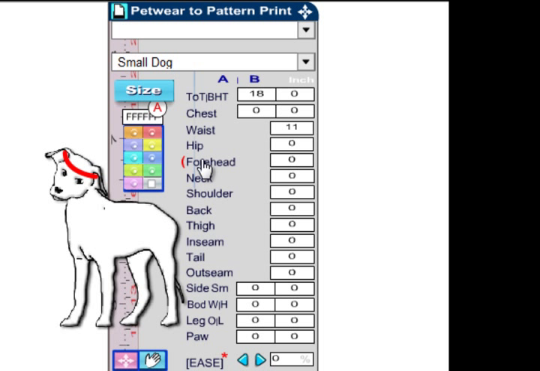And then we have the forehead and the neck measurement, which would be the measurement at the collar of your dog. The shoulder would be from bicep to bicep, and the back would be from the base of the neck to the start of the tail. And the thigh would be around the dog's leg at the back leg. And then we have the inseam, which would be from the crotch to the floor, the tail, which would be the length of your dog's tail, the outseam, which should be the top of where the haunch of the dog